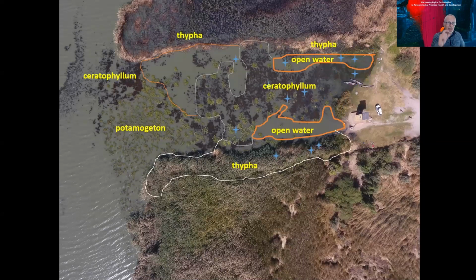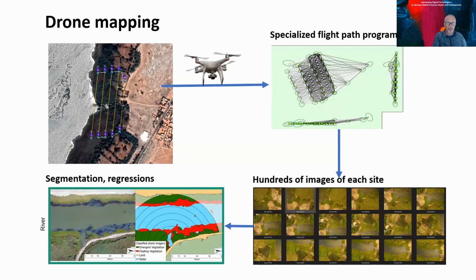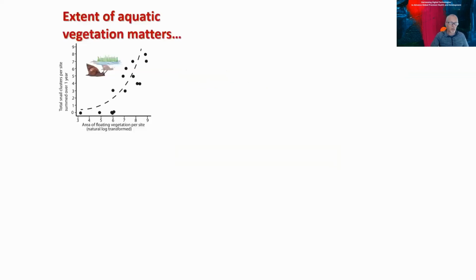And this vegetation could be easily identified from our high definition sub-centimeter drone imagery, and classified into different habitats of different quality for the snail. So we decided to move from these occasional observations to a systematic flight plan of a series of overlapping drone photos that we took at every water access point about 50 to 80 meters above the ground level. I will spare you some of the technicalities, but we took hundreds of images. We segmented them to identify how much vegetation there was at different areas. And this is what we found.